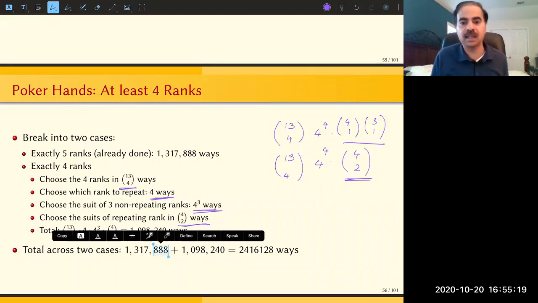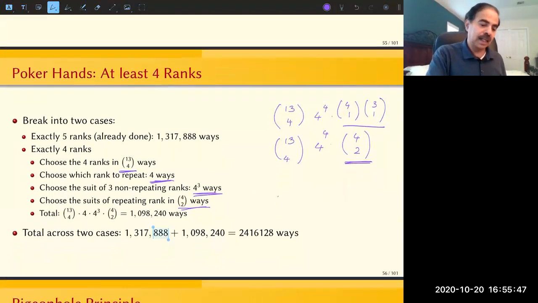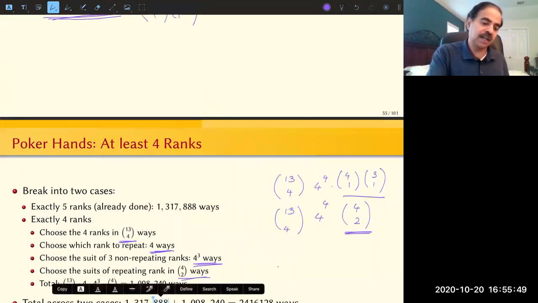It's the same problem that we had before, right? So we mentally make this distinction between the first 4 and then the last one, but really, when you think about it as a set, the distinction is not there. So we need to be careful not to double count something, because first time we count something as part of the fifth card, and the other time we count it as part of the first 4, right? So you have to either start from this and account for the double counting and then divide by 2,